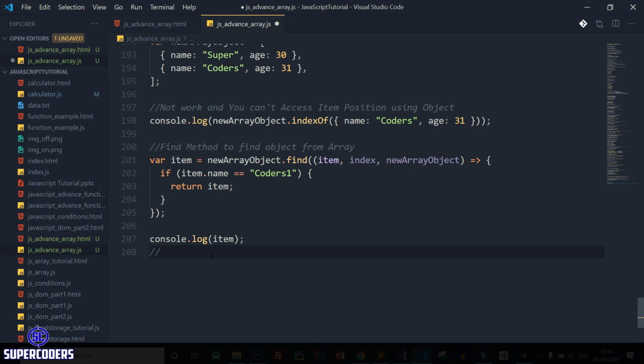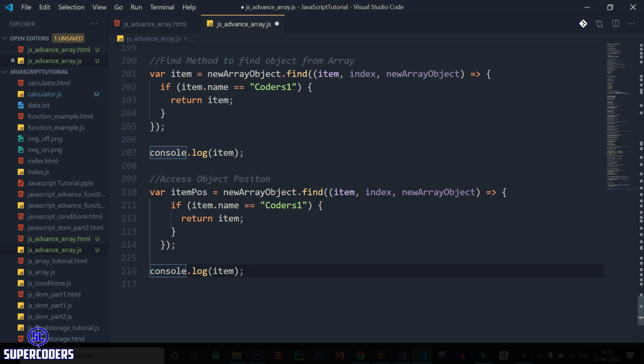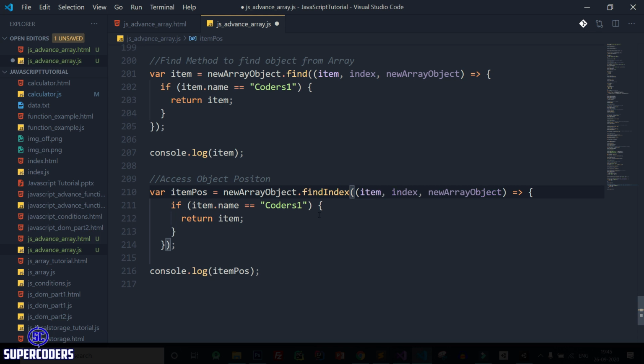So here, access object position. So just copy this simple one, paste it, change this to item pos, and here instead of find, change this to findIndex, then return the position.